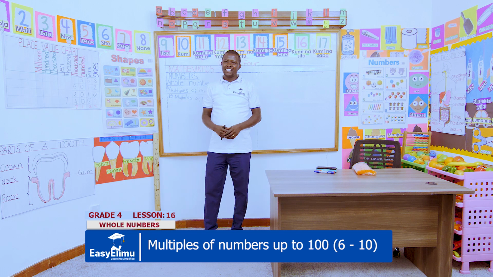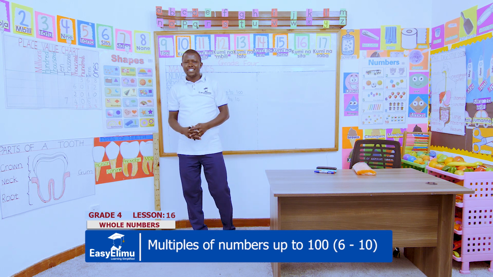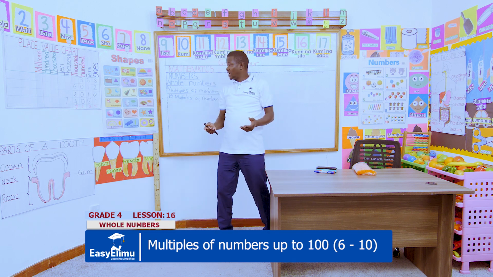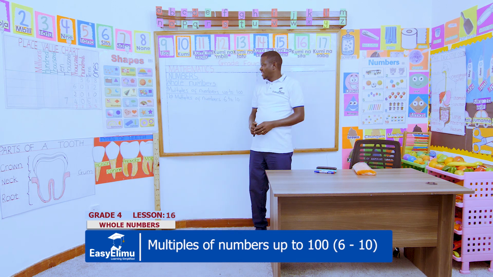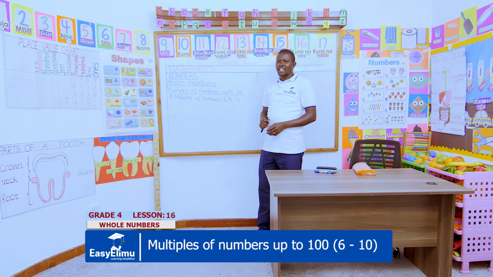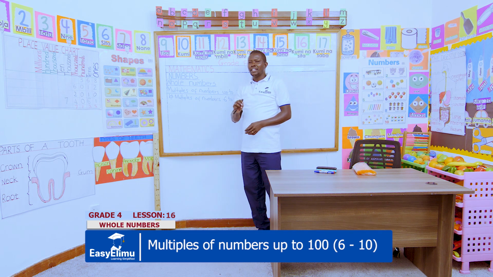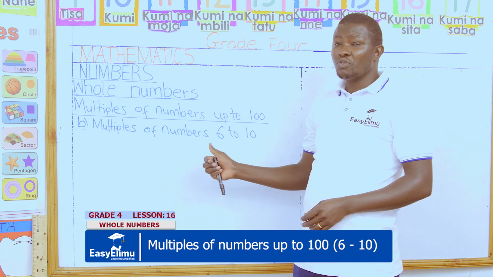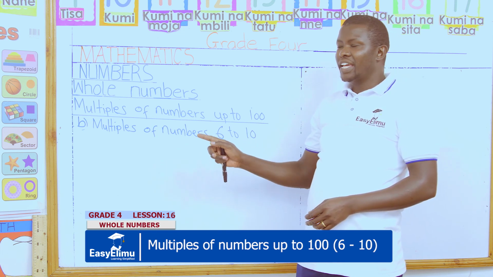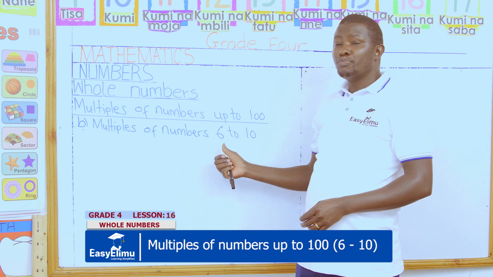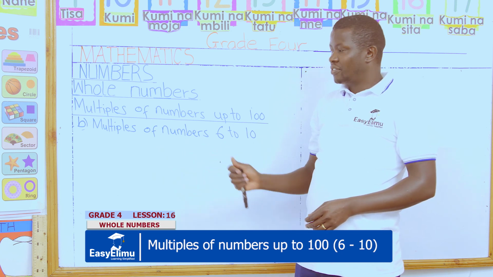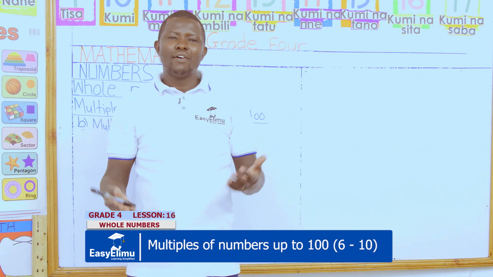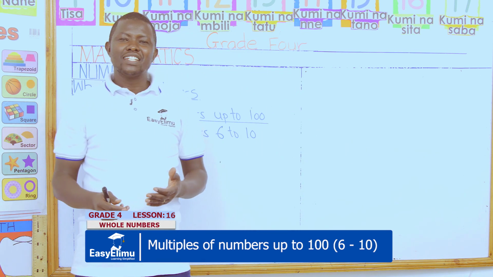In our lesson for today in grade 4 mathematics activities, we are dealing with whole numbers. And today we are working on multiples of numbers up to 100. In our previous lesson, we worked on multiples of numbers up to 100 but with multiples of 1 up to 5. Today we are working with multiples from 6 to 10. Just to remind ourselves, in our pairs, can you remind us what we said